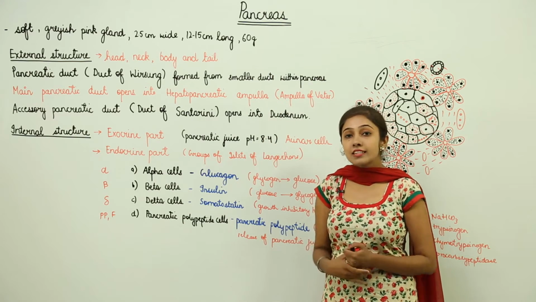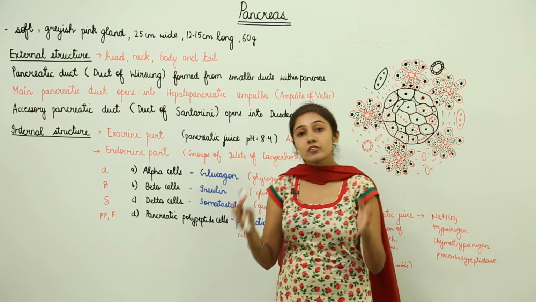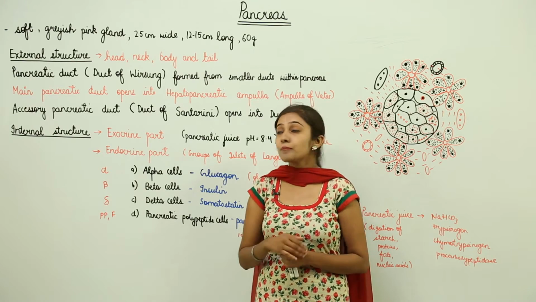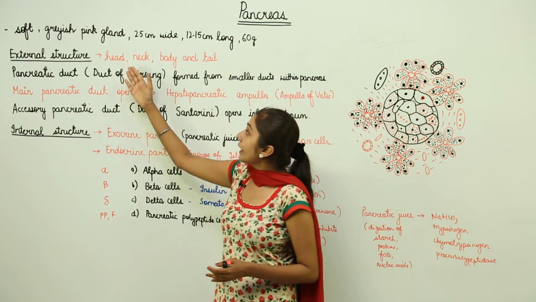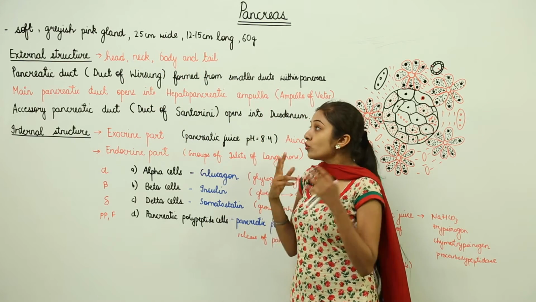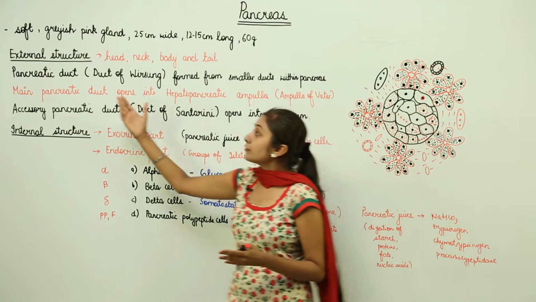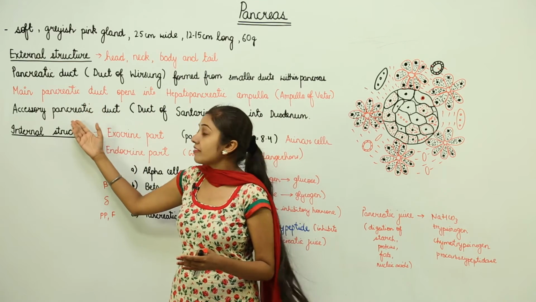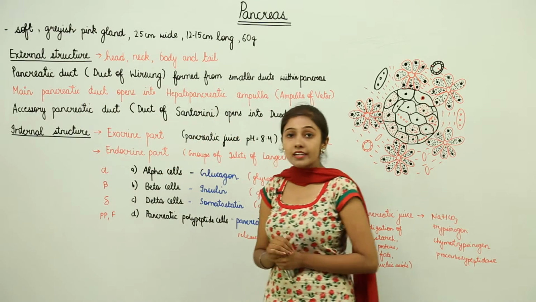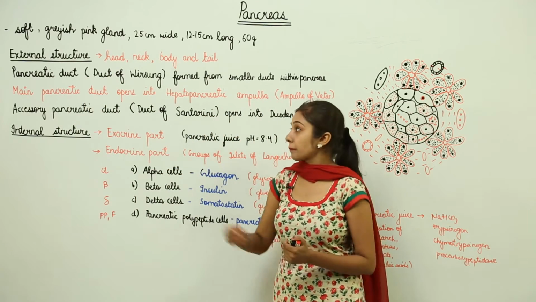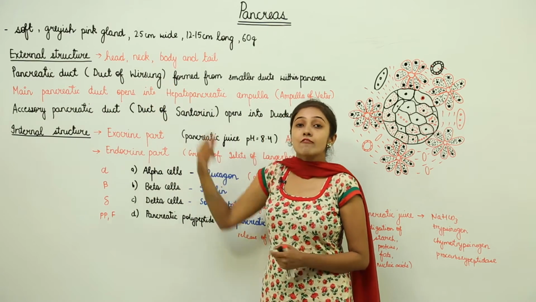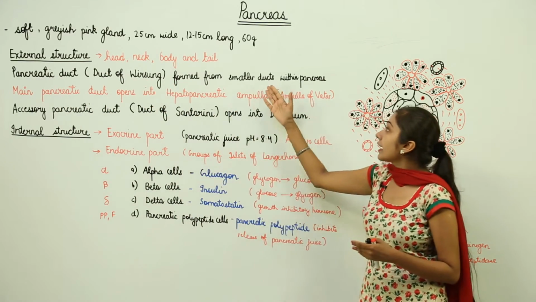We will be discussing pancreas based on the external structure and the internal structure. Let's first discuss the external structure. External structure is divided into head, neck, body and tail, right? There are two ducts. We have the main pancreatic duct and we have an accessory pancreatic duct. The main pancreatic duct is also known as the duct of Wirsung, which is formed from many smaller ducts within the